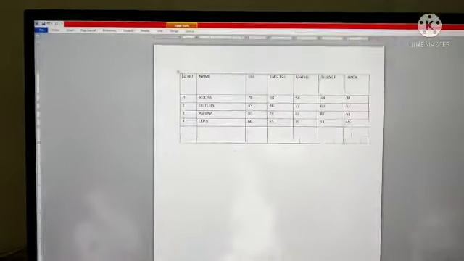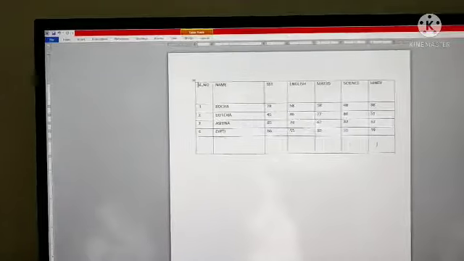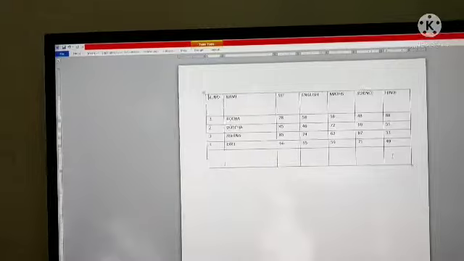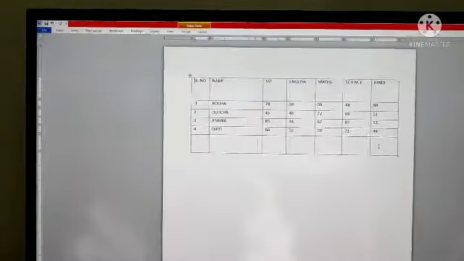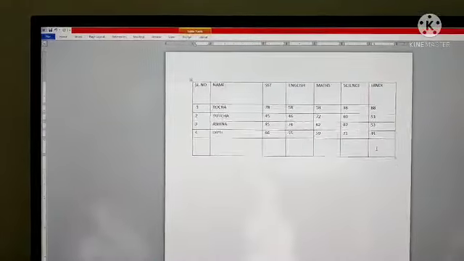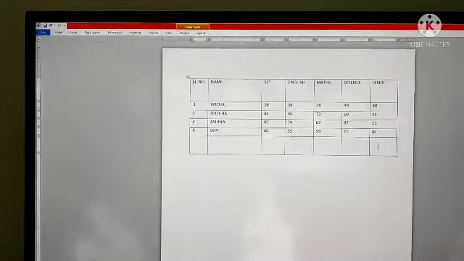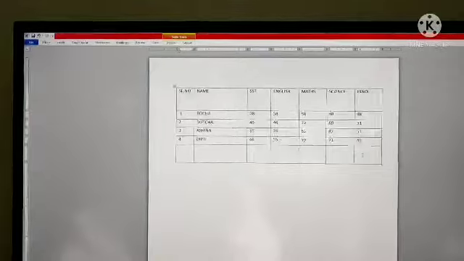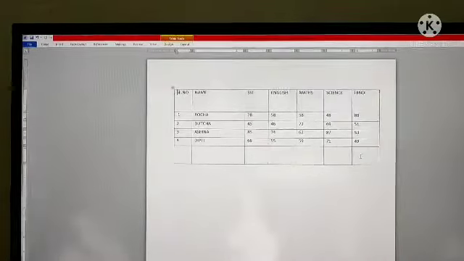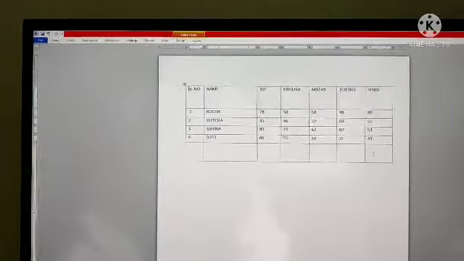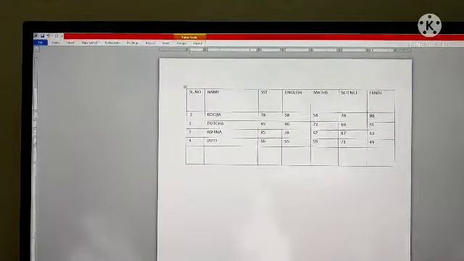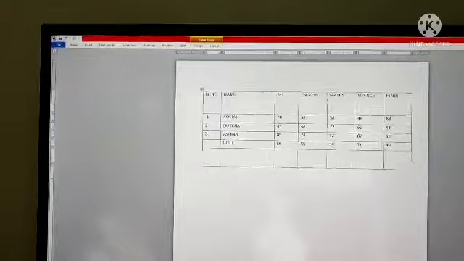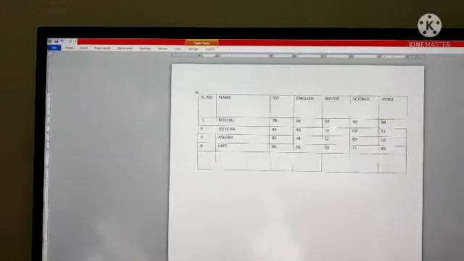Now we learn how to merge and split cells. What is merging and splitting cells? Merging means to combine two cells as one, and splitting means to divide one cell into different parts. Suppose I want to merge the serial number and name cells of this row.